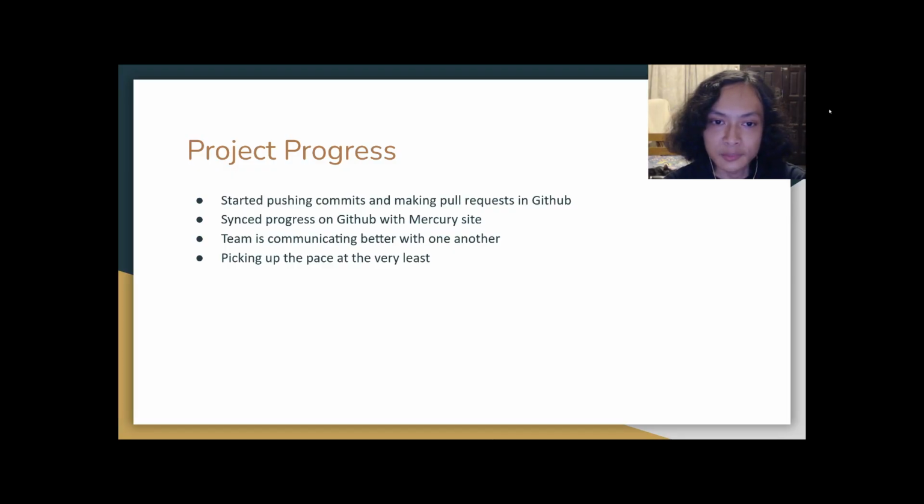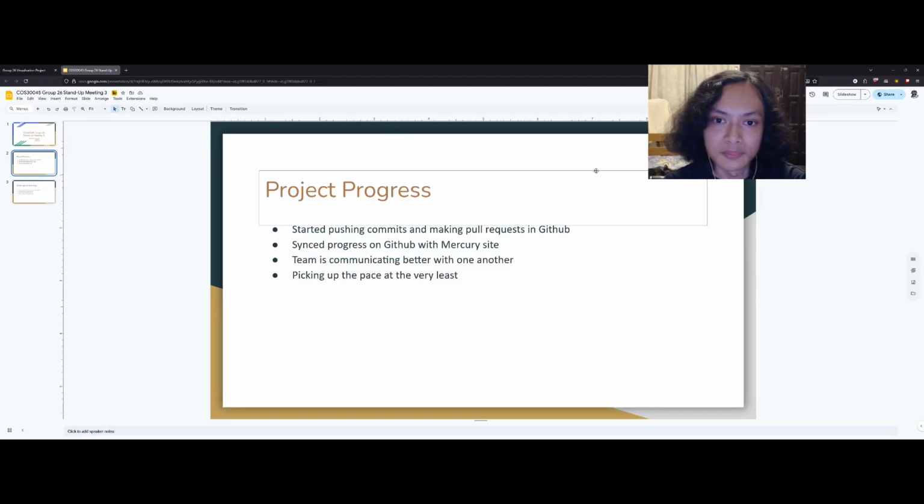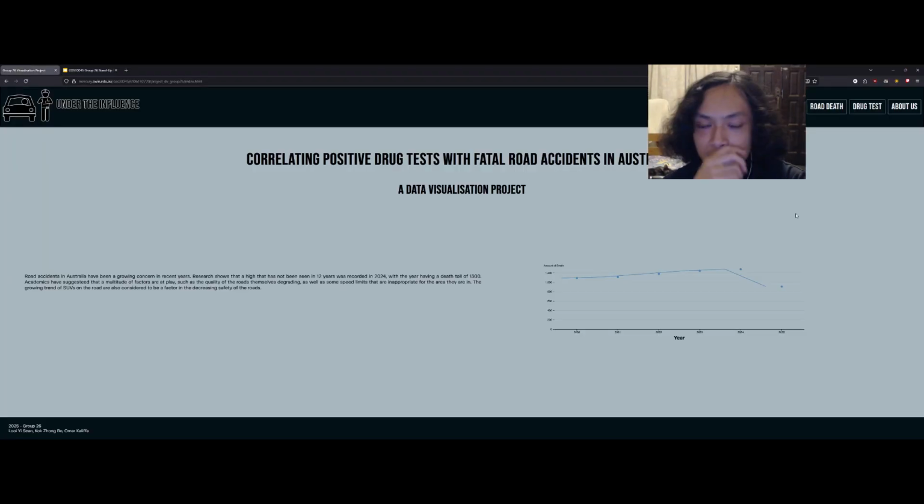All right, so for this next part, I'm gonna discuss a bit about the design of our website. As you can see here, this is our current iteration of our website. It's still a work in progress. The design is still up for debate among everyone in the group. But so far, it's very simple. This is the index page. There's a title here, and the subtitle. And down here, below the title and subtitle, we plan to have a little bit of data story, like some paragraphs here. And we also put this small graph here showing the amount of deaths per year for 2020